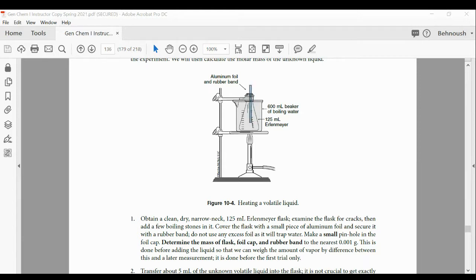Are we using the mass of the liquid? No, we don't use mass of liquid. We need the mass of vapor, right? So when do you measure the mass again? So one is before adding liquid, empty flask. Second,